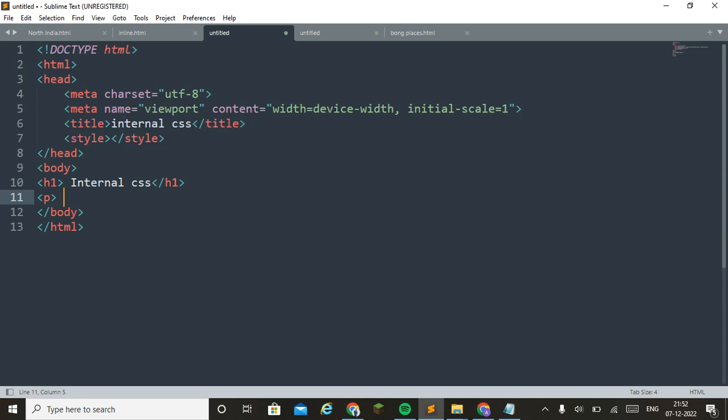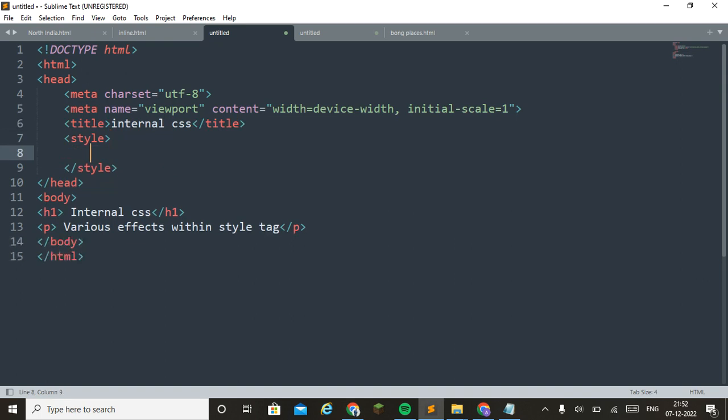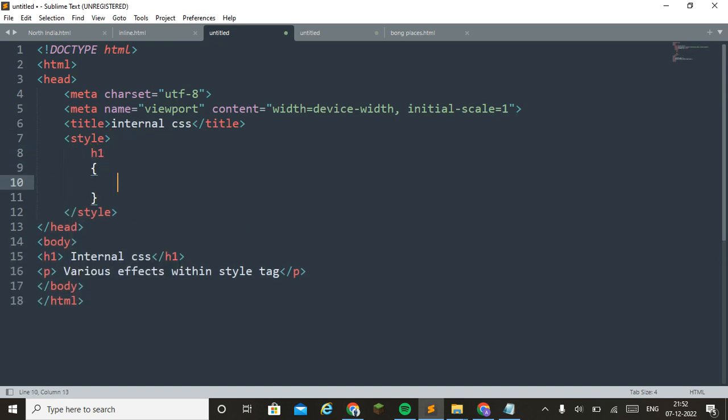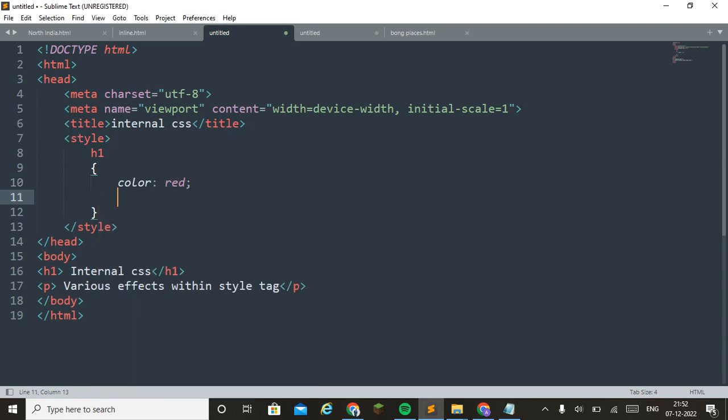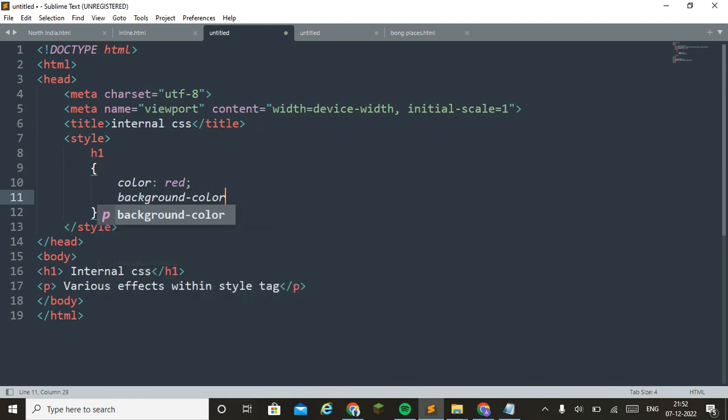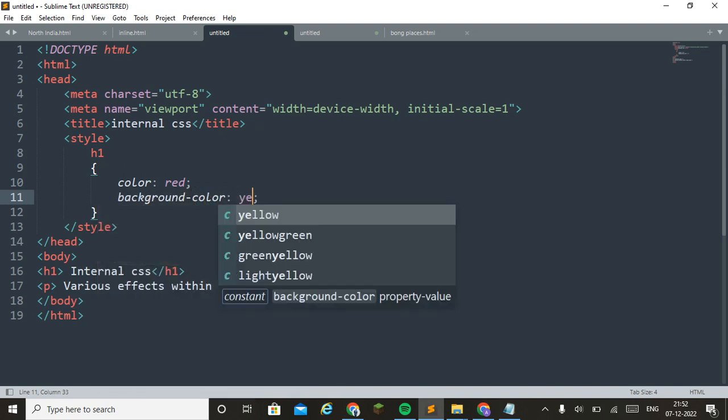So various effects within the style tag. Okay, now we want to create two styles. One is for H1, the heading, where we write color red, and background color yellow.